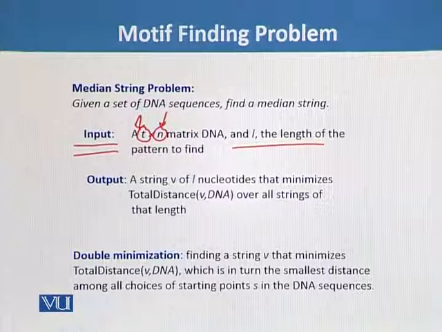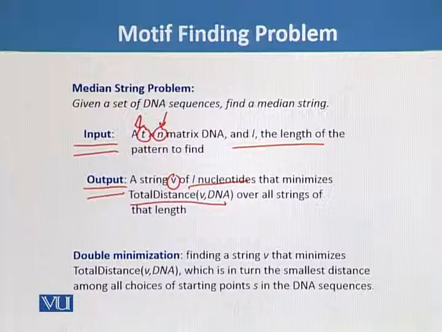This is the same type of algorithm we have seen in the previous module, and the output will be a string of V of L nucleotides, meaning an L-mer,